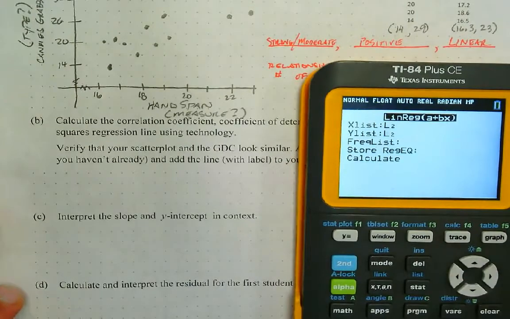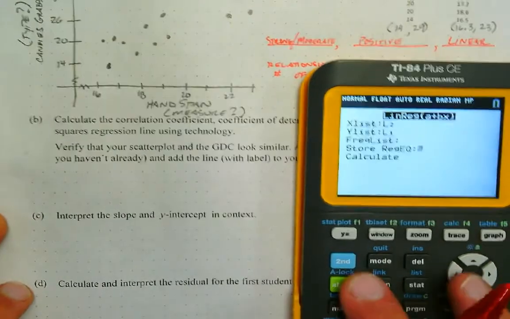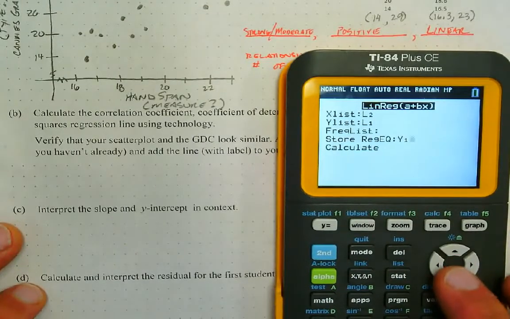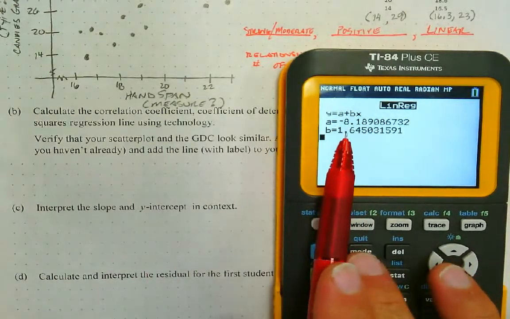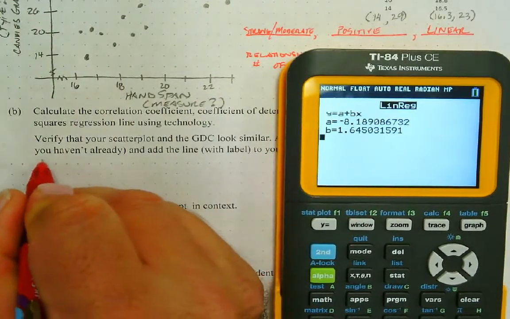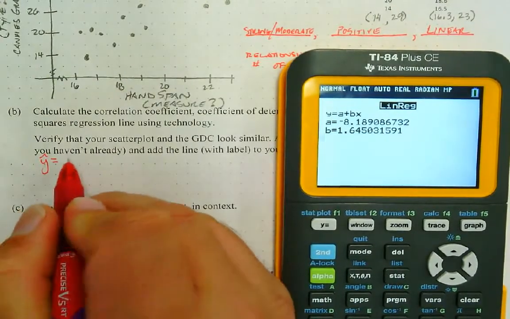And then my y list, L1, right? My y list is L1, and I'm going to go ahead and store the equation in alpha trace. I'm going to store that equation in y1. Right, so I'll come over here and I'll calculate my linear regression. And I look at this linear regression and I see that I have the following. Right? I have y hat, that's going to be my linear regression, y hat equals negative